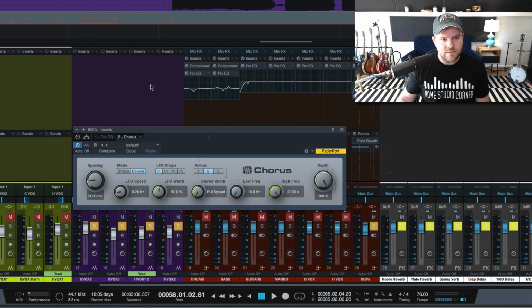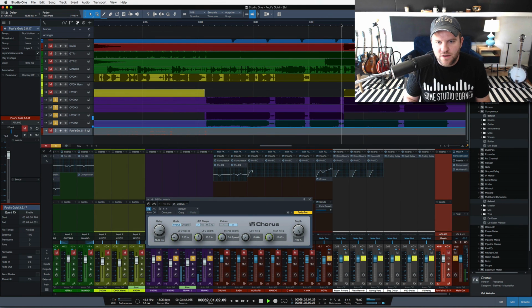Well, come on, let's fast forward. I tend to like the sound of the chorus versus the doubler. And they kind of sound pretty close, but it thins it out and it gives it a little bit of this kind of phasey sound that especially over here kind of has this swirly sort of sound to it, which is perfect for background vocals. Stick them in a big reverb and suddenly